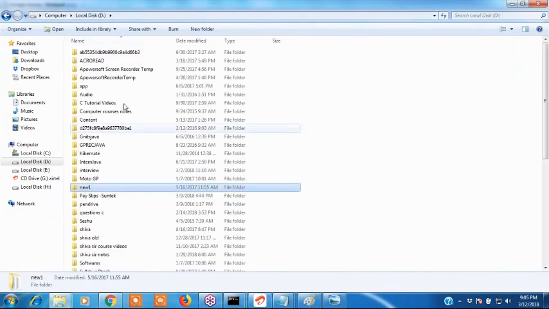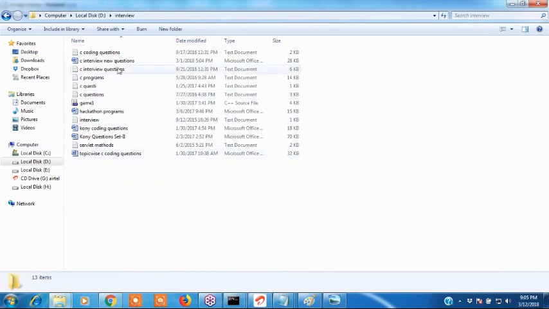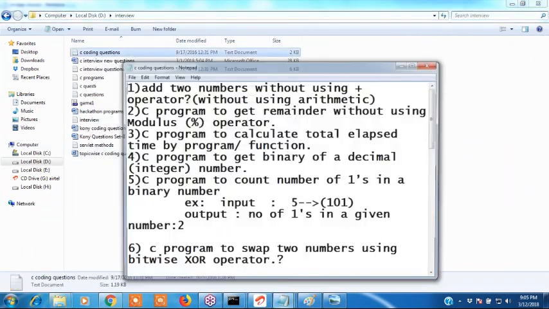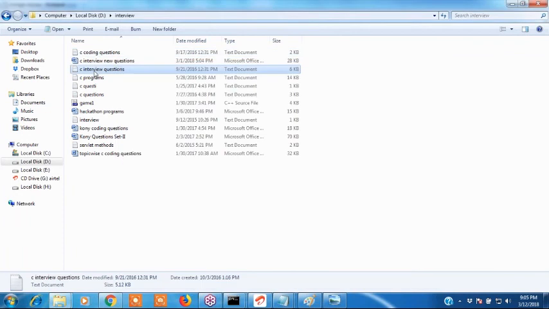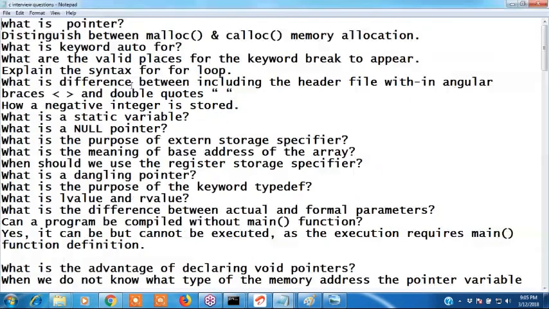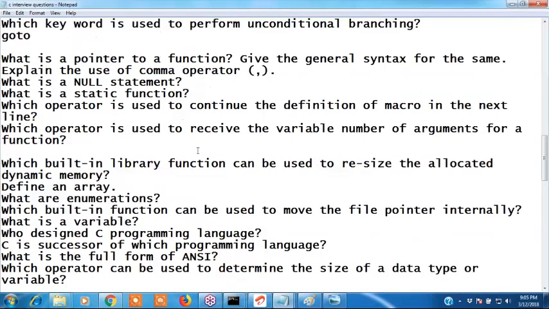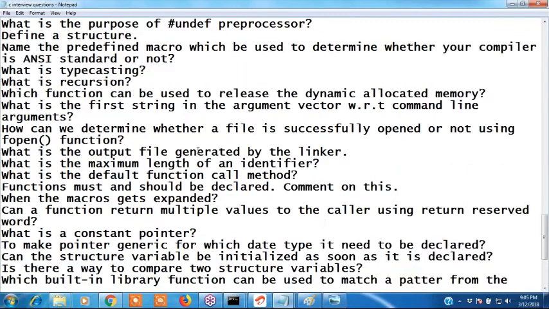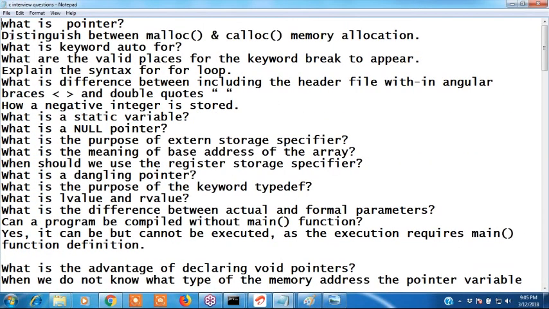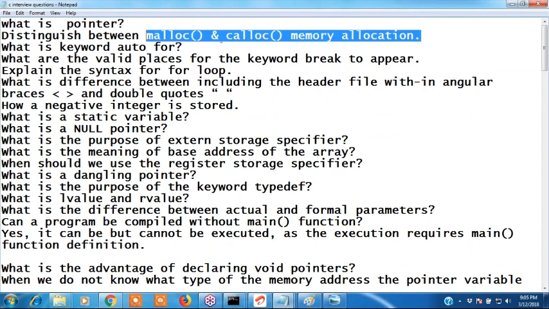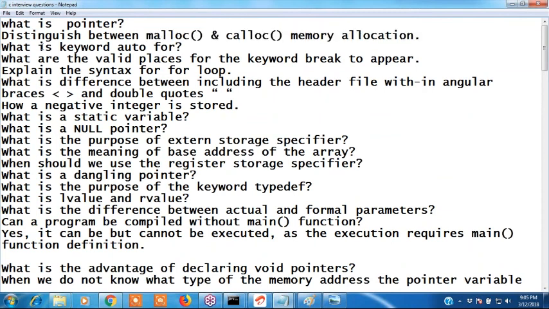I will send you some C questions. Guys, I will send C interview questions. You have to do those questions. Yeah, these all are questions. See, guys, you go through the interview questions, all one-sentence questions. Just answer those questions. For example, what is a pointer? You know that. Okay, what is the use of malloc and calloc? If you don't know, leave it. Whatever questions you know, answer them. If you don't know, tomorrow in class we discuss. If anything is there. Okay, see this.